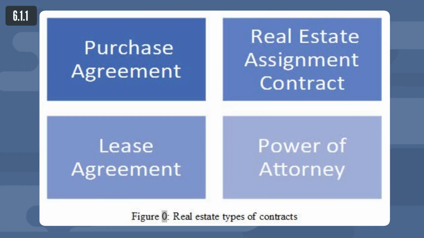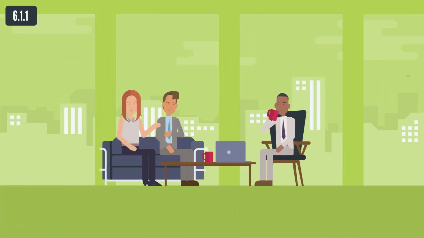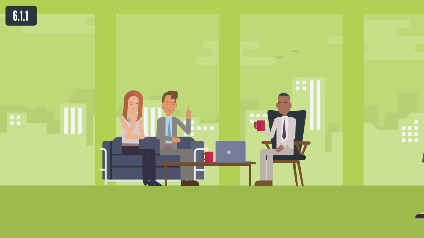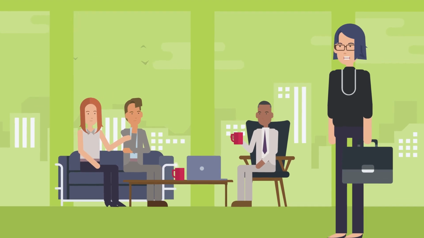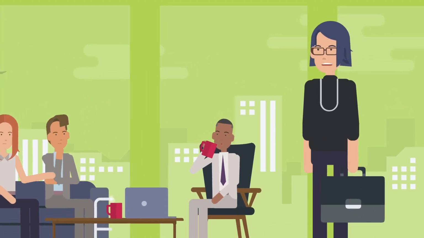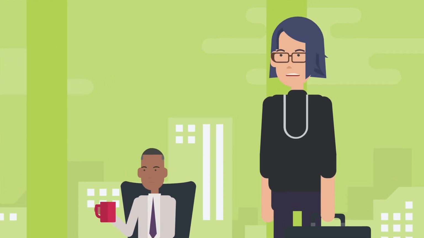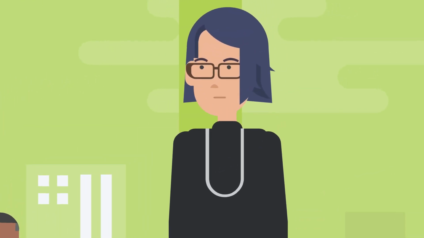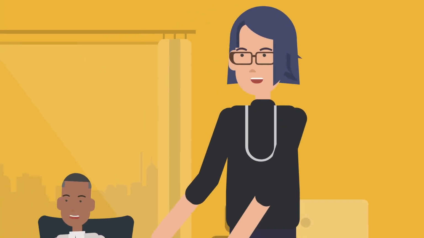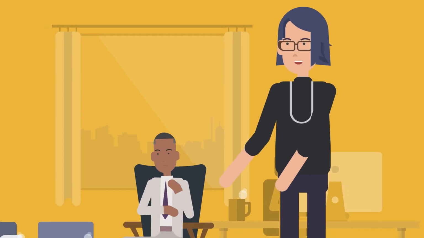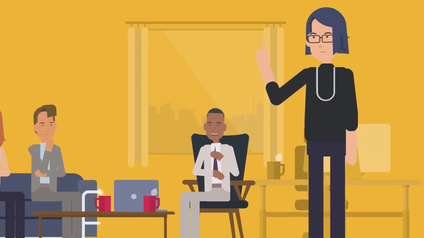As previously mentioned, there are four main types of real estate contracts. 1. Purchase agreement. This is one of the most common types of real estate contracts. As suggested by the name, this is a contract that defines an agreement between the buyer and the seller of a specific real property. This type of real estate contract includes all the standard elements of a contract: purchase price, identification of the real estate property, party identification, signatures, legal purpose. If the contract calls for an illegal action, it will be considered void. The closing date for the transaction, etc.